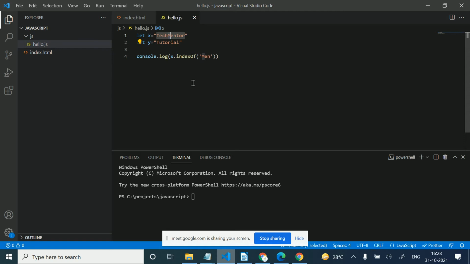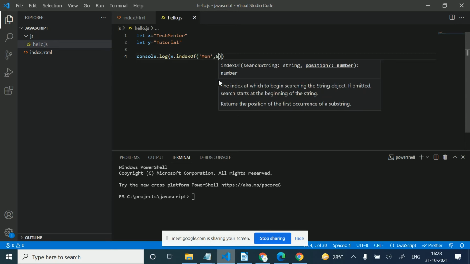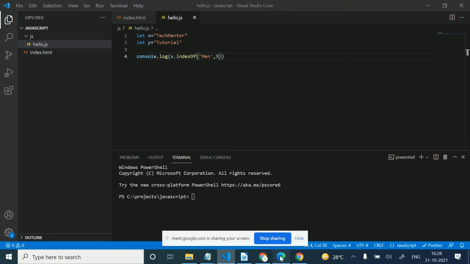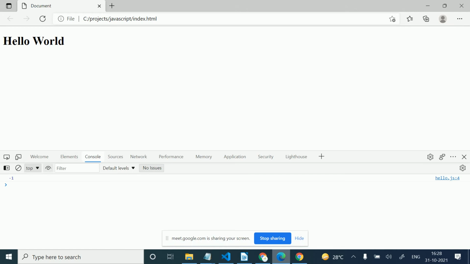There is one more thing in indexOf. Here is "tech mentor", and I want to start searching after 5 characters. In this case I am getting -1.